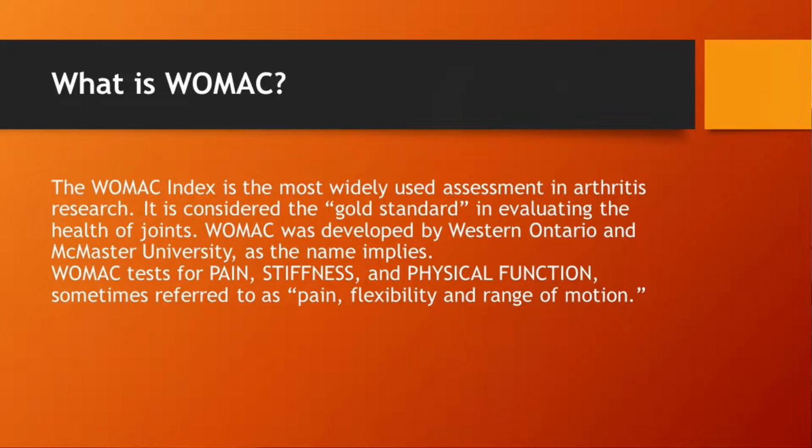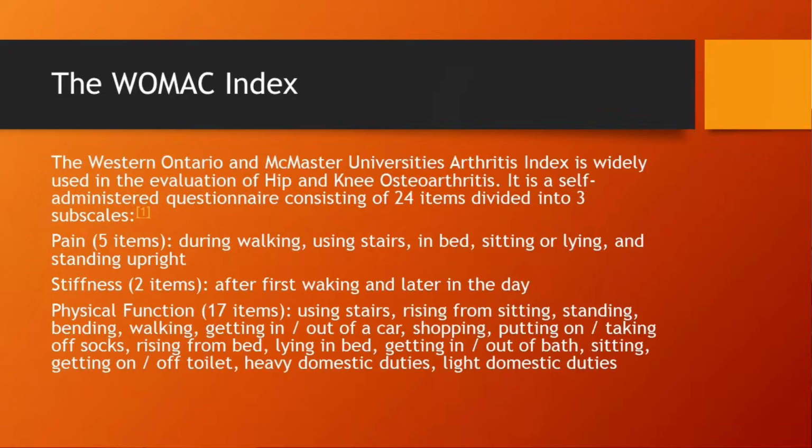There are 24 items divided into 3 subscales, so it measures pain during walking, using stairs, laying in bed, sitting or lying and standing upright. Also measures stiffness, and then physical function. How impaired are you using stairs, rising from sitting, standing, bending, and so forth. That's what the WOMAC index is based on. Now, the reason that I bring this WOMAC index up is because this next study, which was done in 2016,